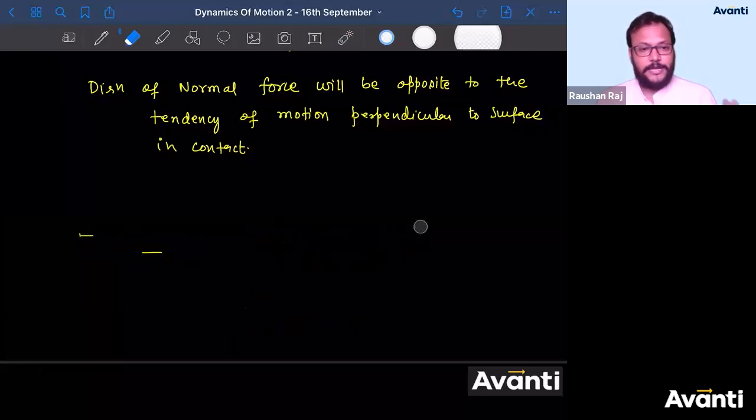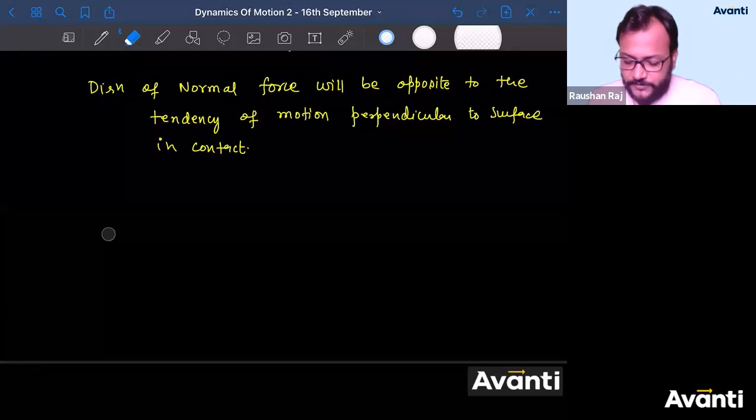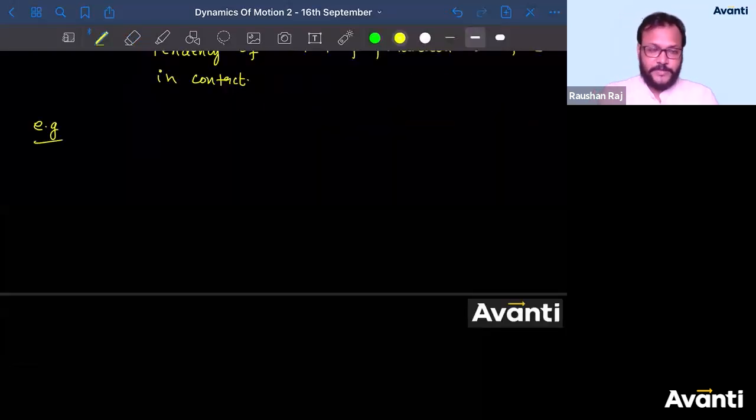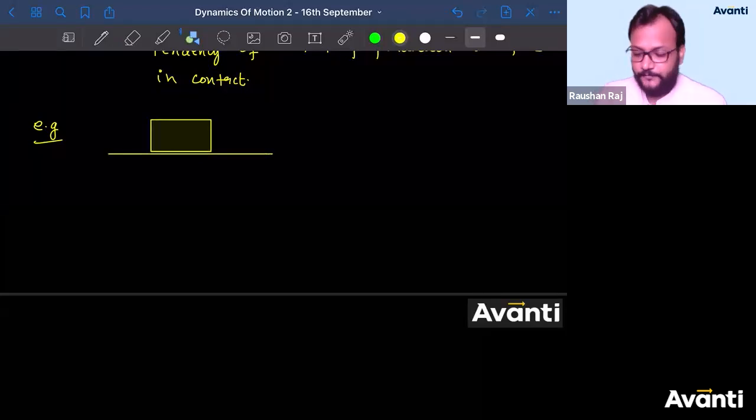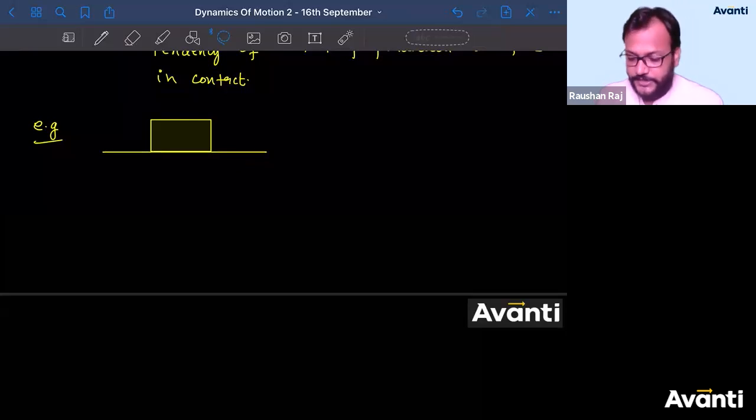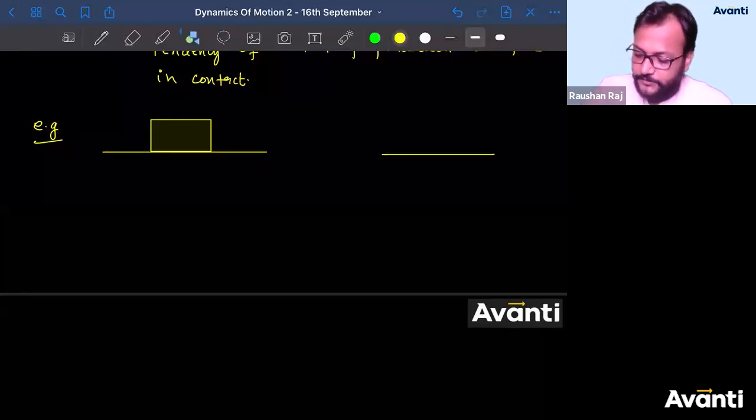चलिए, बहुत बढ़िया. So now let us solve some basic examples, basic conditions where you need to find the direction of normal. And while finding the direction of normal, you'll understand this concept in a better way. ठीक है बच्चा लोग? So let me give you some example. Guys, please copy these diagrams along with me and try to represent the direction of normal साथ में. ठीक है? I'll be drawing some diagrams here. So let me start with a simple example. There is a block, ठीक है, kept on a table. Now, second question. There is a table. There is one block, and on this, the other block has been kept.